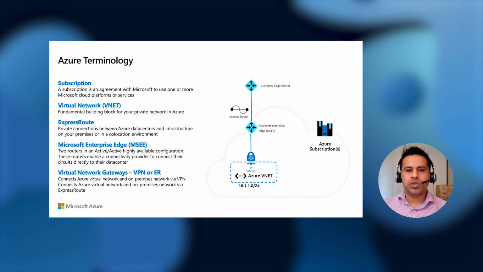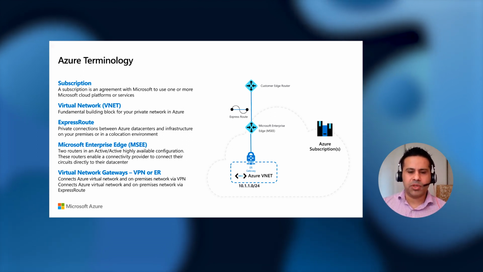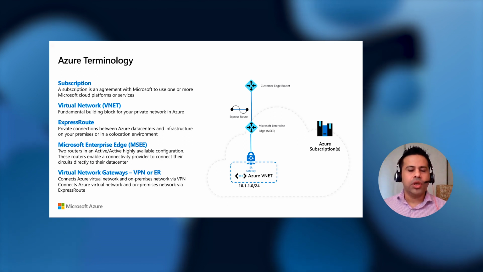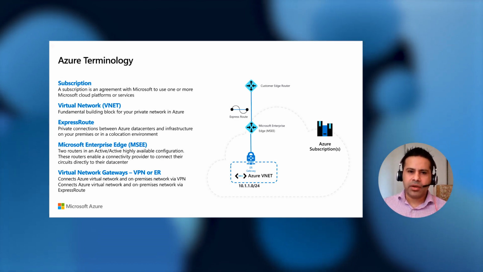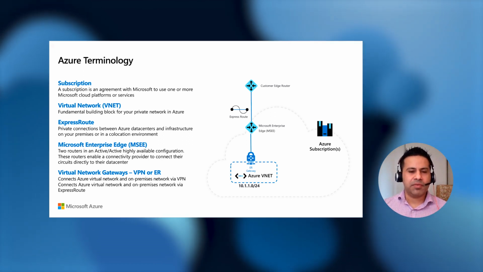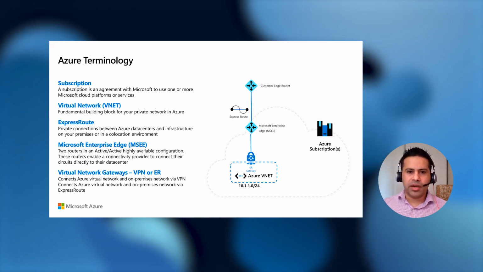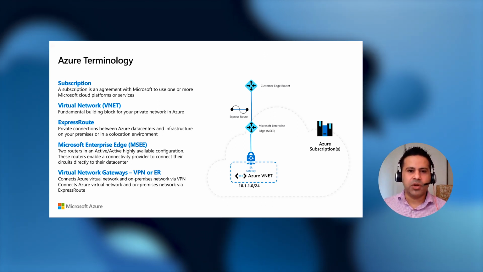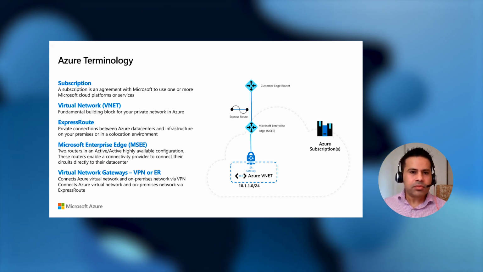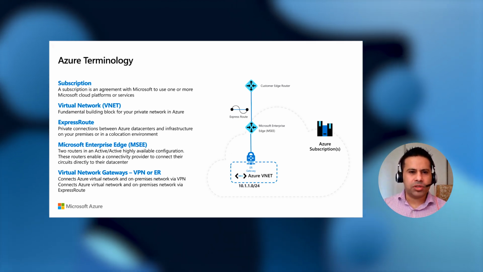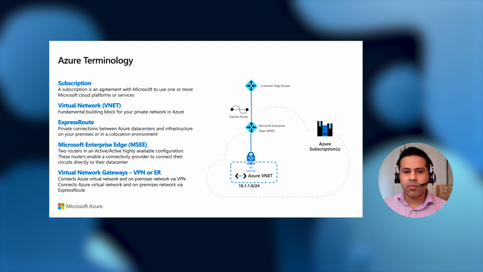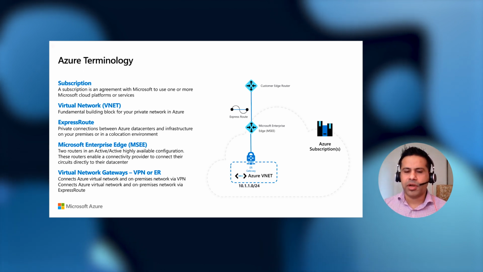Moving on to virtual network. This is the fundamental foundational building block for your private network in Azure. Think of this as an isolated network in your on-premise world, which can be connected to other networks. You typically spin up a VNet or virtual network in a specific Azure region. You provide a subnet, which can be sliced into multiple smaller subnets. And this is where all your workloads will be running, and all your Azure native VM workloads will be running and deriving their network information.